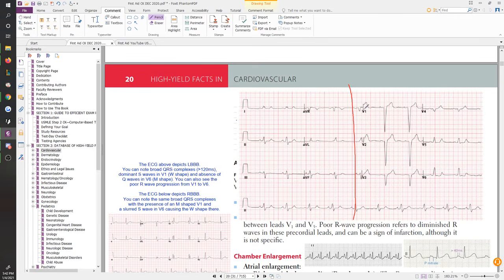Compared to our normal guy, which just had a tiny hill here, we've got quite a weird thing happening here. We have this first guy that's pointing up, and then all of these guys are pointing down. V1 was supposed to point down only a tiny bit. Remember, AVR and V1 are the only two guys that point down, and it was supposed to be a tiny hill, not such a big one. So already I'm not seeing an R wave progression. Something is definitely wrong. And then we start evaluating it.